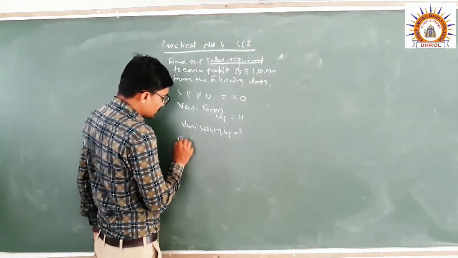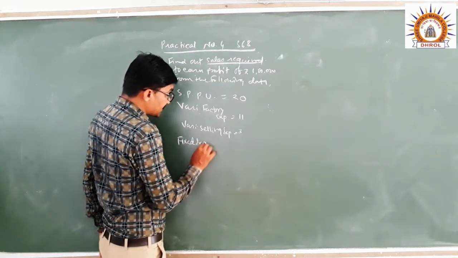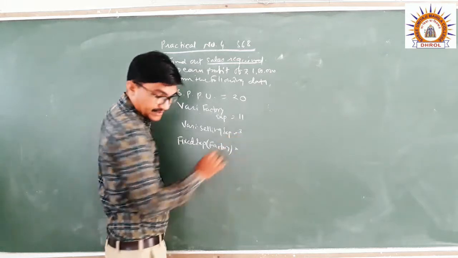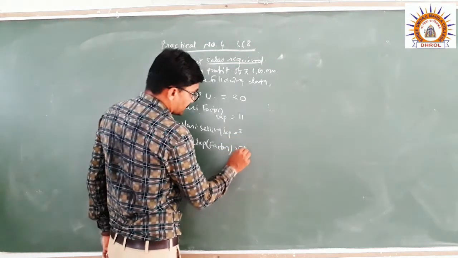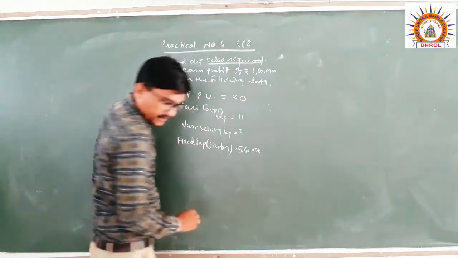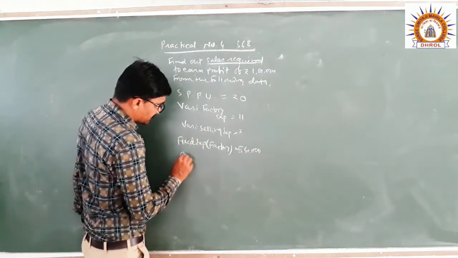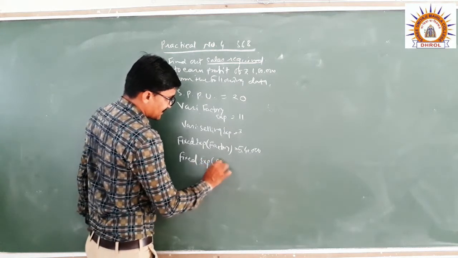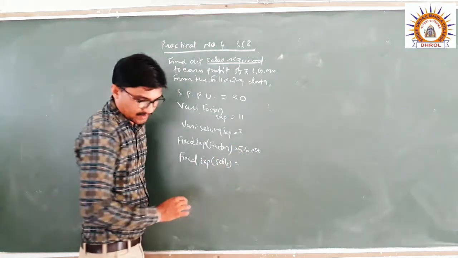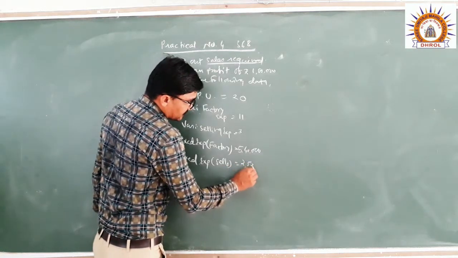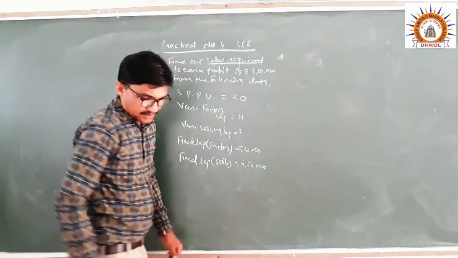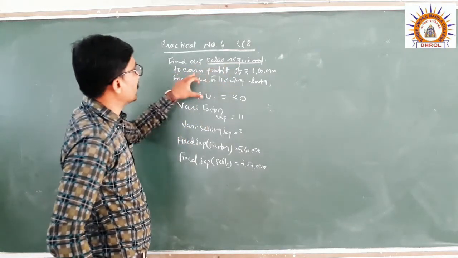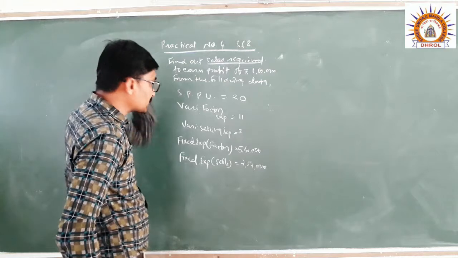And now the fixed expense which is totally related with the factory is rupees 5,40,000, and fixed expense which is totally related with the sales is amounted to rupees 2,52,000. Find out the sales required to earn a profit of rupees 1,80,000 from the data